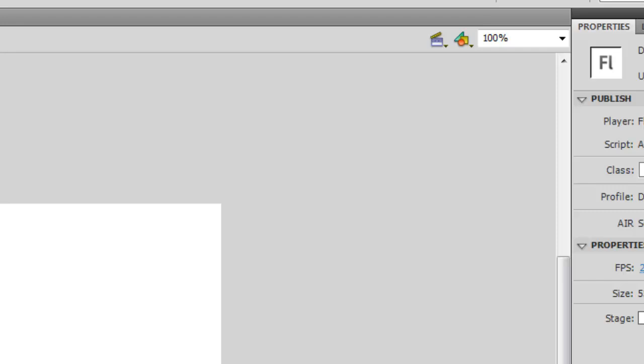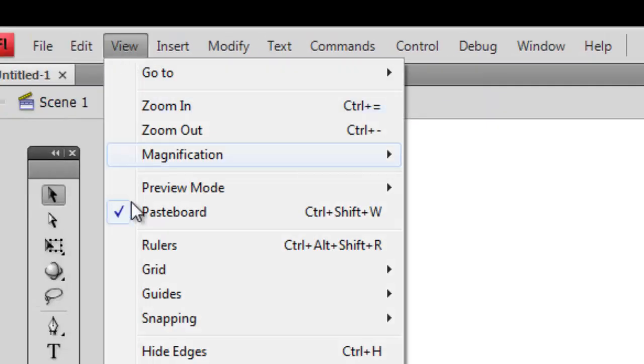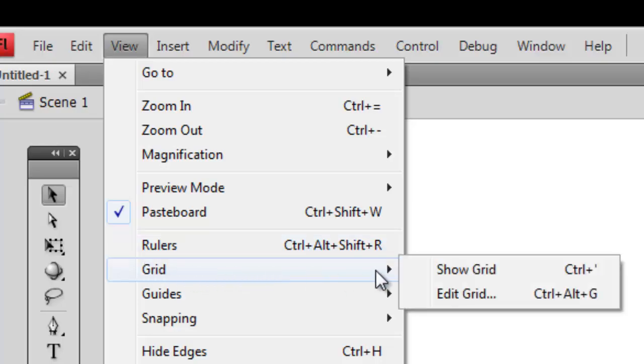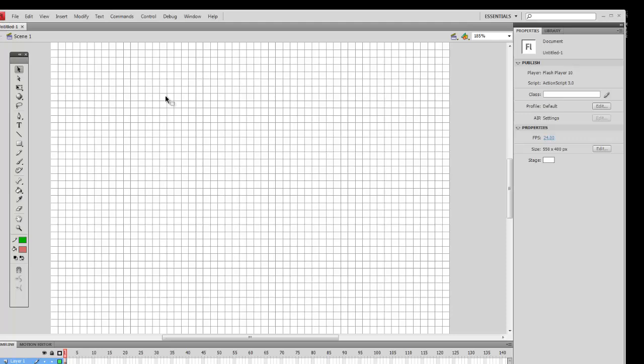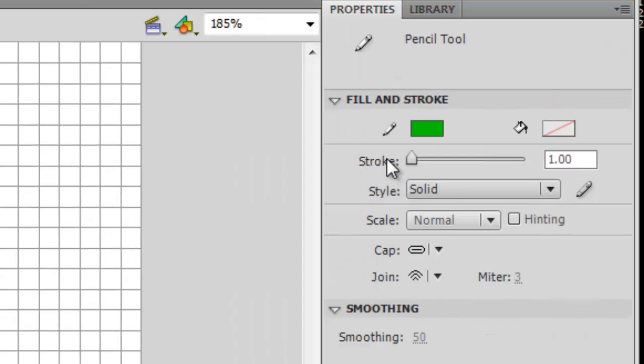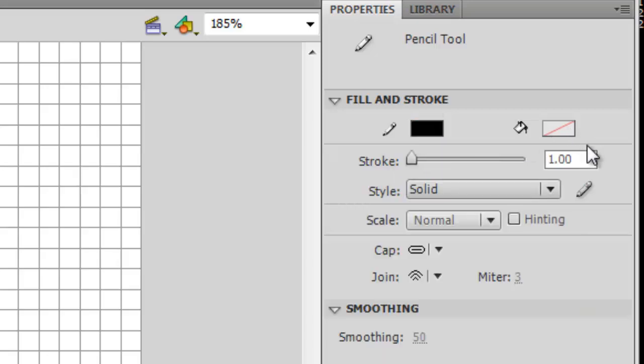Adjust your stage or work area to make it as big as you can for your particular screen, and add the grid to it so you can get an idea of size. So go View Grid, Show Grid. Alright, we're going to start off using the pencil tool and go over to the properties of the pencil tool. Let's pick the color black for the outline, and the thickness of the pencil, where it says strokes, change to